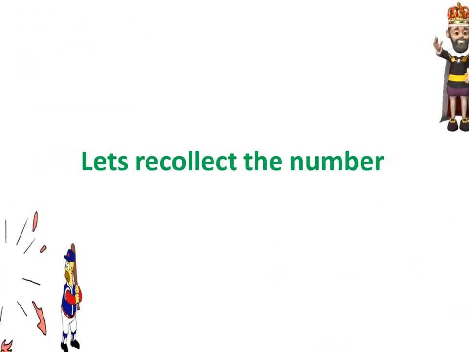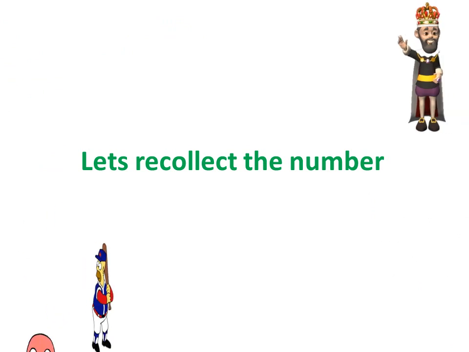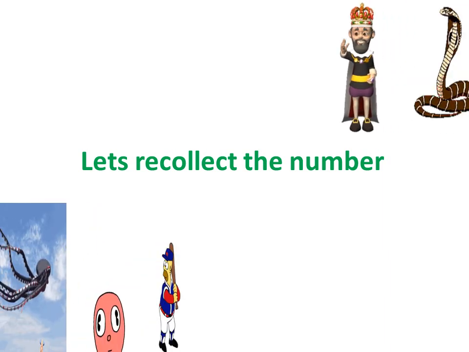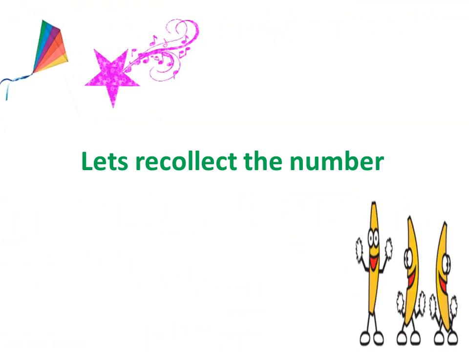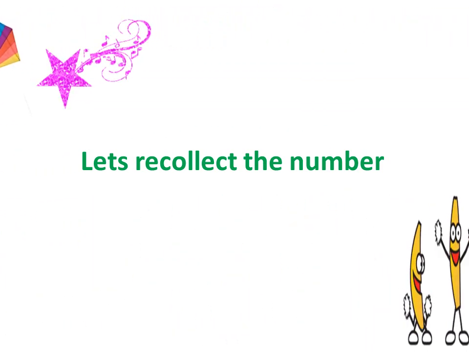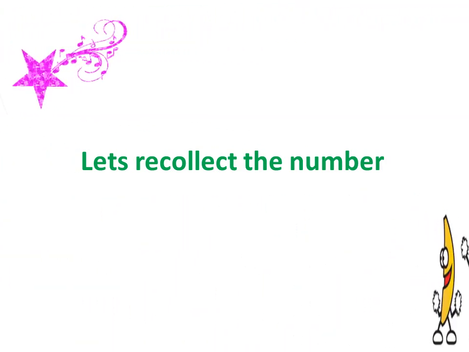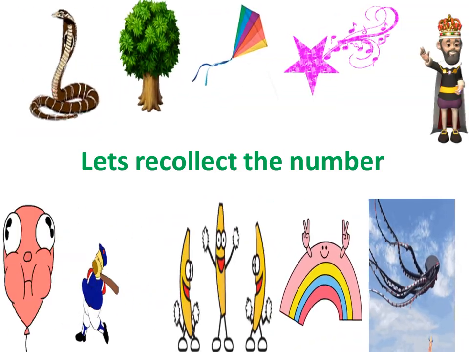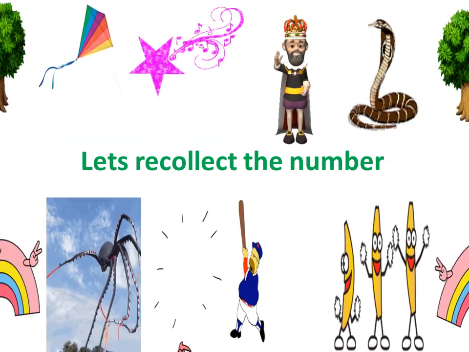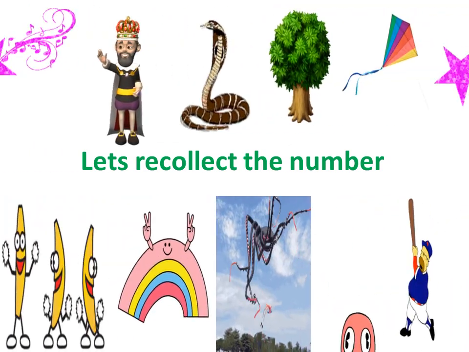First of all, octopus represents which number? Yes, it is 8. What did the octopus eat? Yes, a star. And star is number 5. Where did it eat? Yes, behind a tree. And tree is number 3. Who saw this? Yes, a rainbow. And rainbow is number 7. Who was rainbow's friend? Yes, a banana. And banana is number 6. And who was least bothered? Yes, the octopus was least bothered and octopus is number 8.